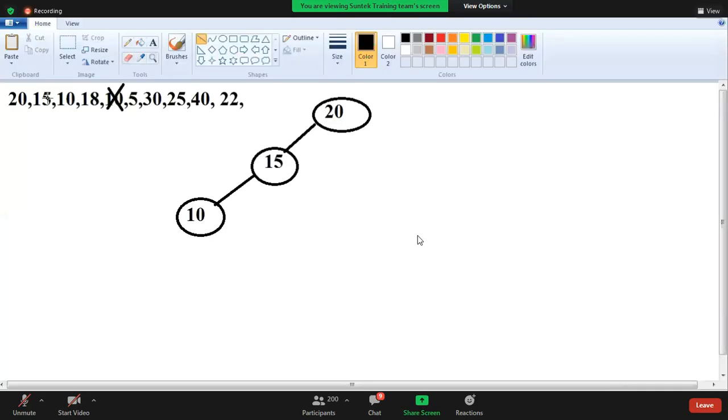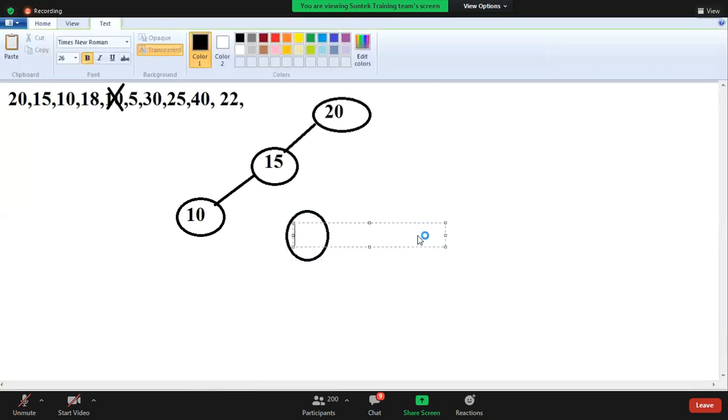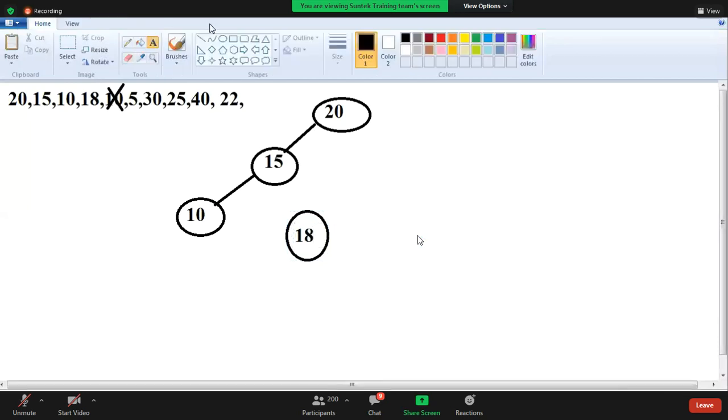10 is the left side. 18, 18 is the right side. Yes.